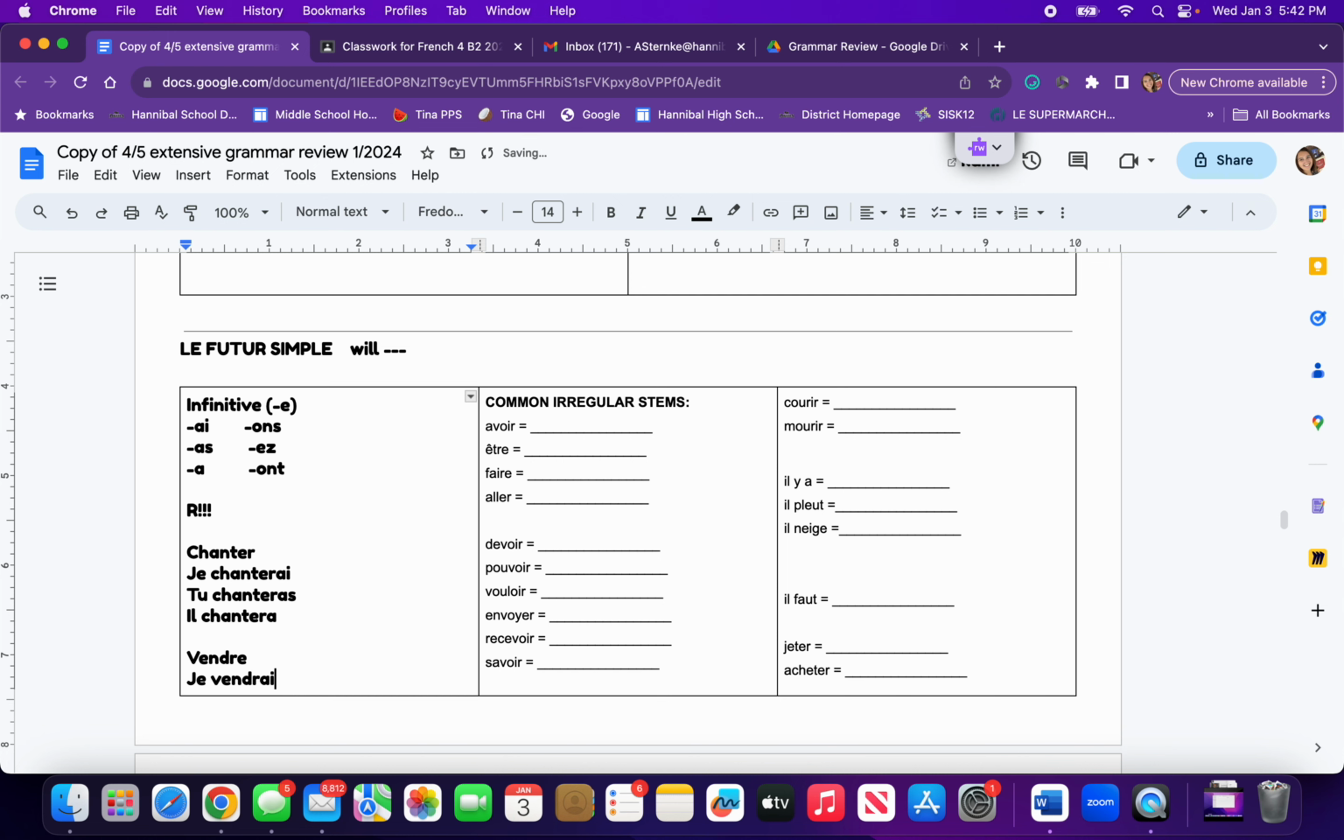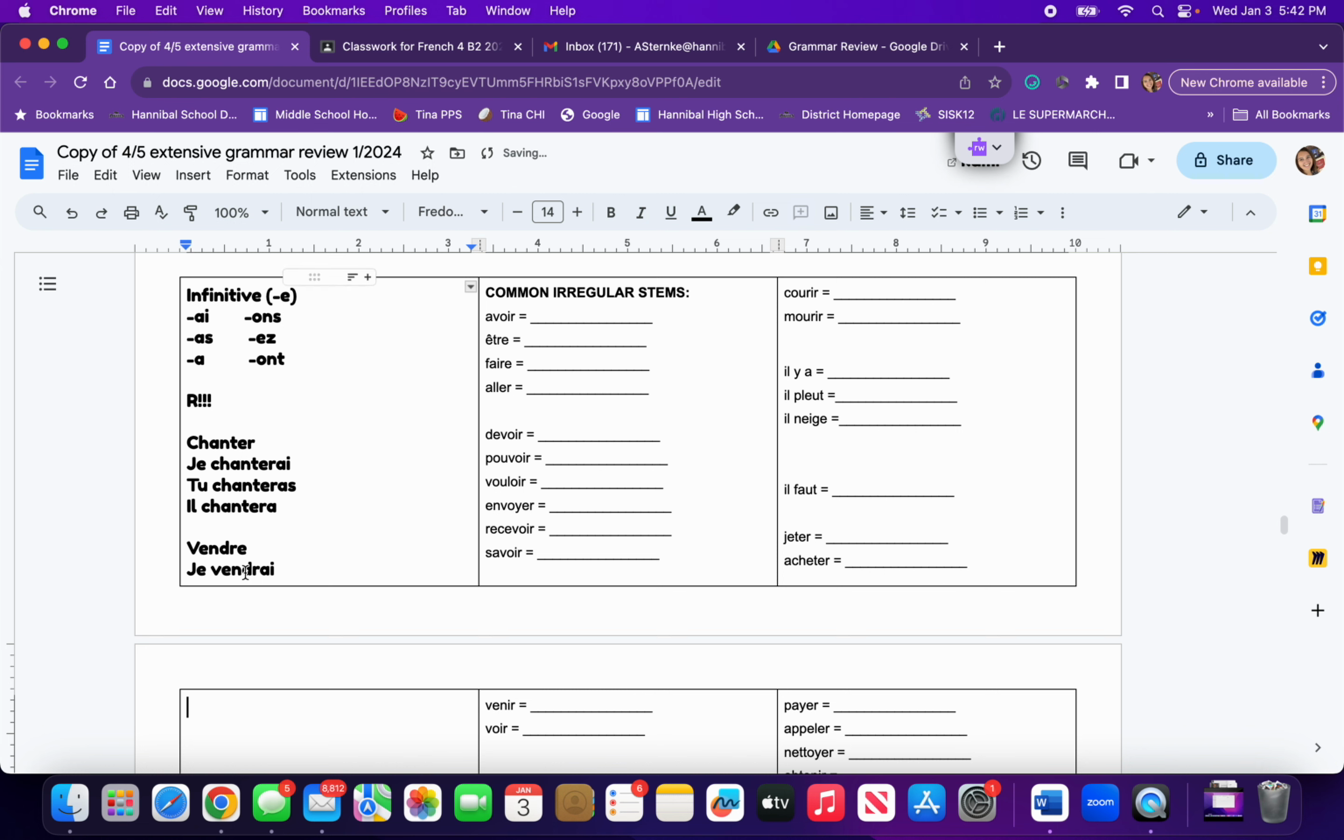So je vendrai, I will sell. Again, the will is built into there. Tu vendras, il vendra, etc. Okay, so that is pretty straightforward for all of the regular